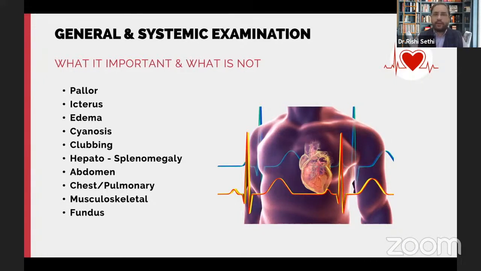I can get across general examination and every other systemic examination by saying not one, but a couple of simple lines, that there is no pallor, icterus, edema, cyanosis, clubbing, there is no hepatosplenomegaly, per abdominal examination, respiratory system examination, and musculoskeletal examination are within normal limits. So within these three lines, you have covered the entire general examination and all the other systemic examination,